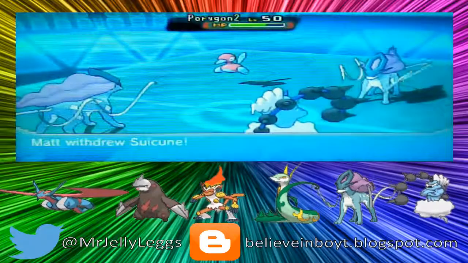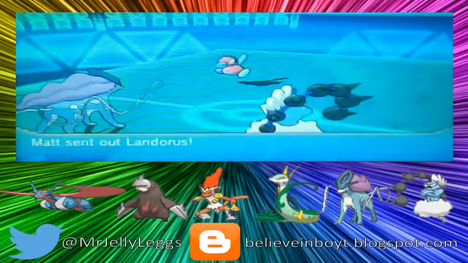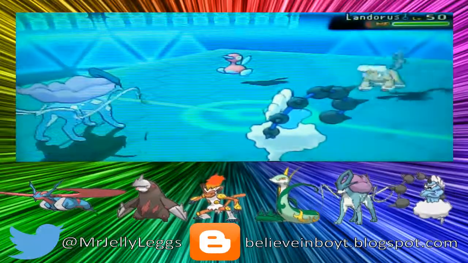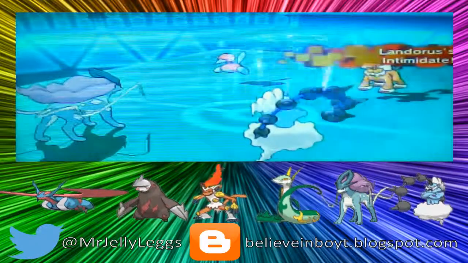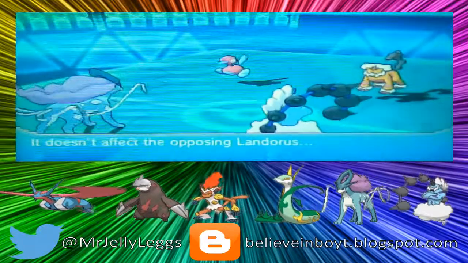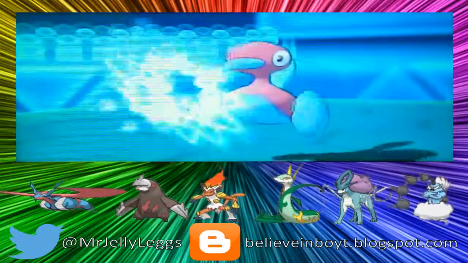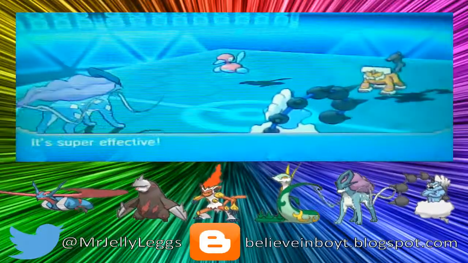So I'm going to bring in my Thundurus, and he's going to switch out his Suicune, fearing the electric type move onto that slot and bring in his ground type Landorus, and I actually end up just Thunderbolting the Suicune. I really should have focused on the Porygon, double up on it this time, I think, with the Thundurus. But he's going to go for the Ice Beam onto my Thundurus, and of course I get frozen for